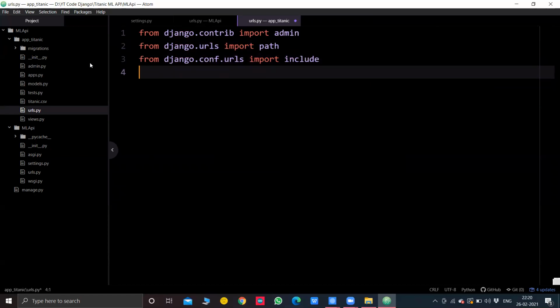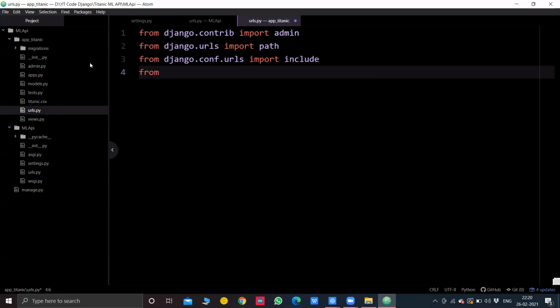We will have to render the views.py of the application through the urls.py of the application and then link it to the urls.py of our project. So we'll have to use the views.py file later, and I will import it right now.